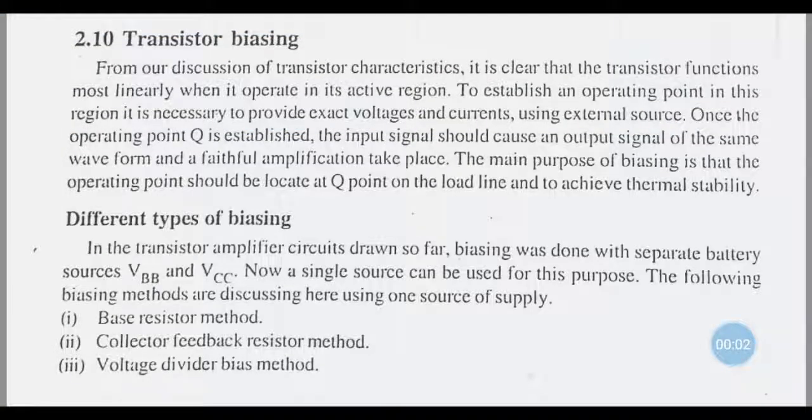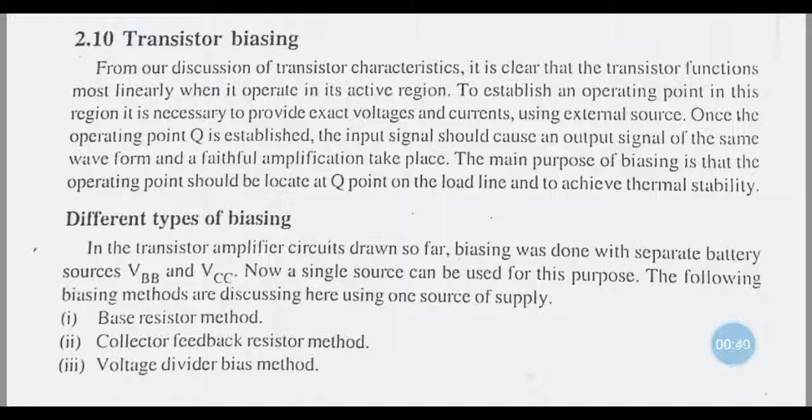Dear students, so today let us discuss transistor biasing, and the different types of transistor biasing we have. Then, what is the need for transistor biasing, that we have already discussed. That is, if we have fixed the operating point of a transistor circuit, then there is a chance of shifting this operating point because of certain factors, and those factors we have discussed in the last class. Because of the individual variations, because of the change in temperature, and because of thermal runaway, there's a chance of shifting the operating point.